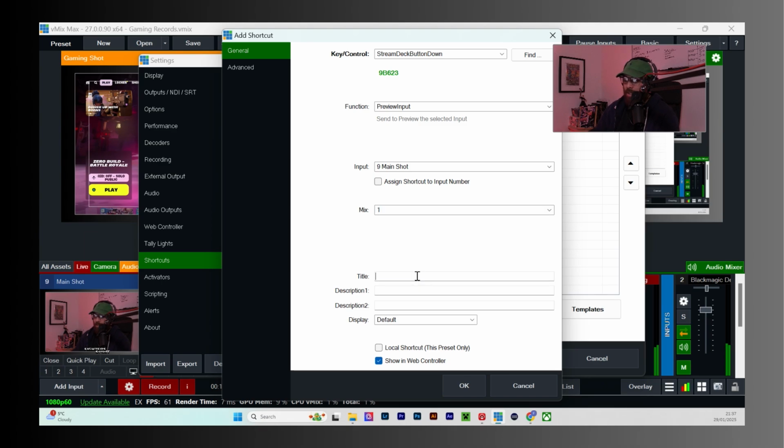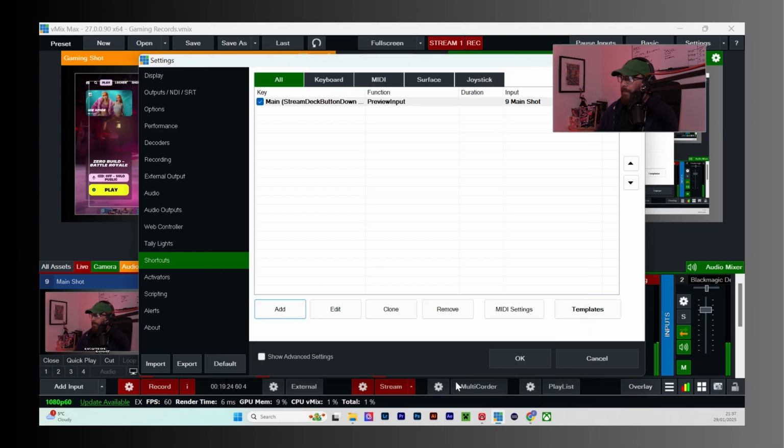Mix, don't know. We can just say main for the title, and the description is main shot 1. I'm going to save this locally, so for this preset only, you just don't want it saved everywhere. You could have it saved everywhere, but we're not going to do that. I'm just going to click OK.